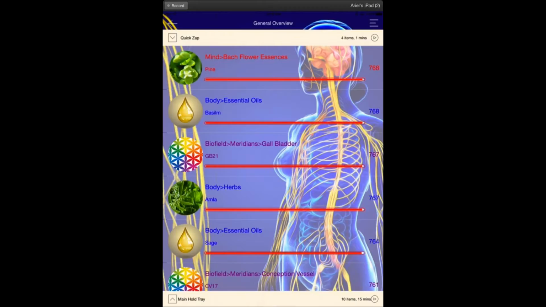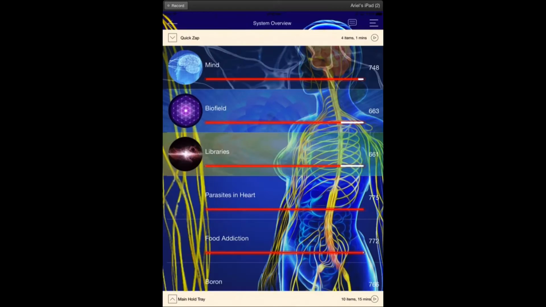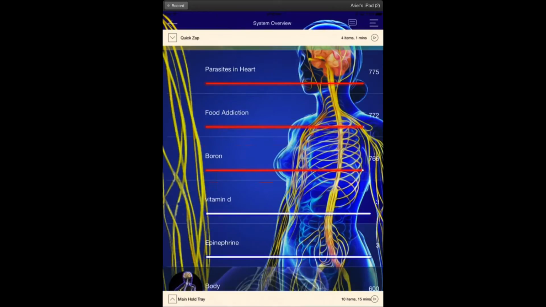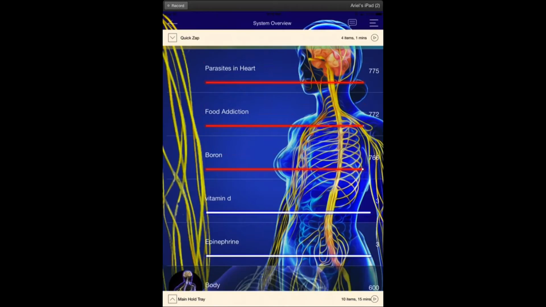Is there a suggestion for how long to run the Neuro Remedy when you use it? Okay, Dolores, I love your juicy, delicious questions. And Ryan, this is the piece that I'm talking about, that it's like a ghost that lives in the machine. It's coming up. This is the same: parasites in heart, food addiction, boron, vitamin D, epinephrine, sort of that ghost that keeps coming through from a past test.